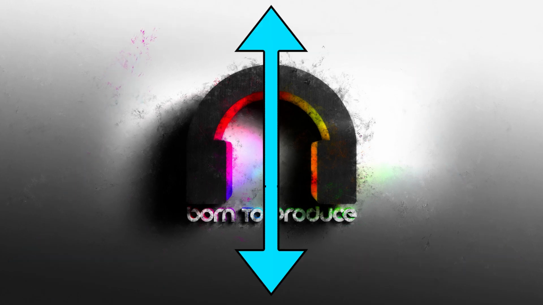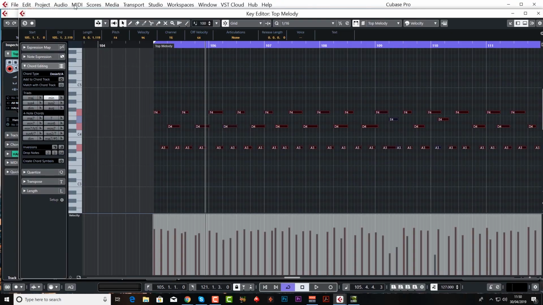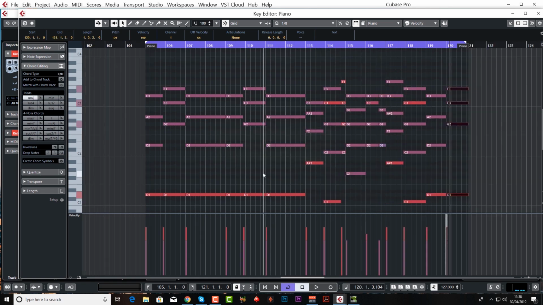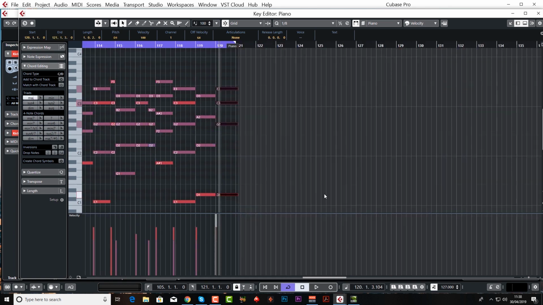You'll learn how to create a catchy riff to go over your interesting chord progression, which itself is brought to life by using different tensions and inversions. Don't worry if you don't know music theory, as we start right from the beginning. And stay tuned to the end of this video if you want to hear the full track that we'll be